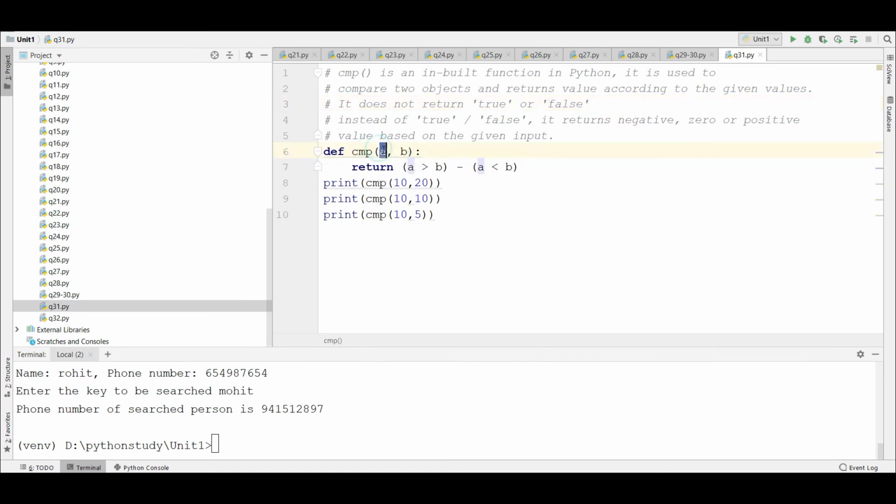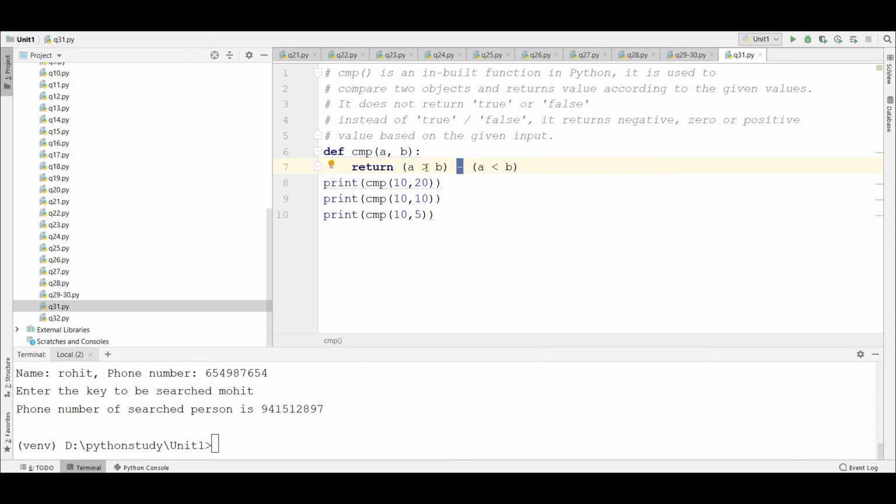You just pass the two variables, the first value and the second value. Now it checks if A is greater than B, minus if A is less than B. If A is greater than B, then the value will become 1, and if A is smaller than B, this will become false, so the value would be 1.